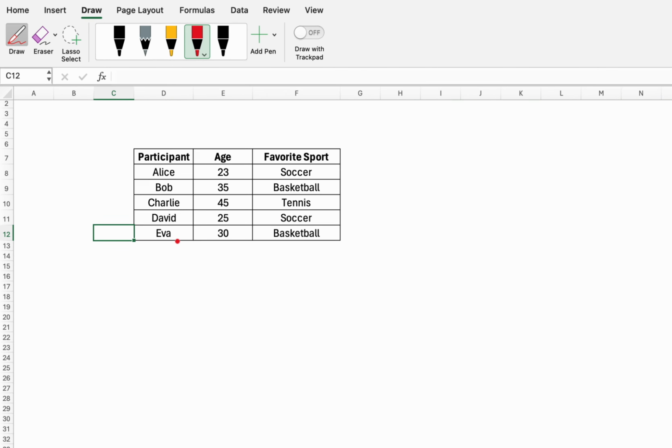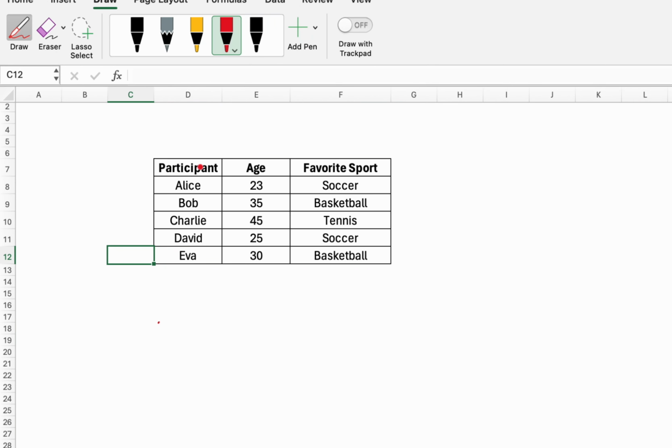Now let's see this particular data. So we have three columns here. We have a participant name, we have age, and we have favorite sport. So this is a character value, this is a numerical value, and this is another character value. Okay, now let's say this is my base data which I want to enter in a